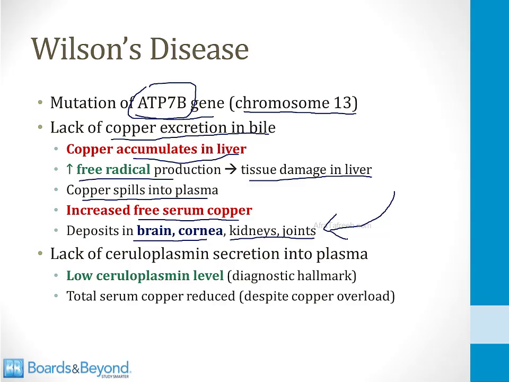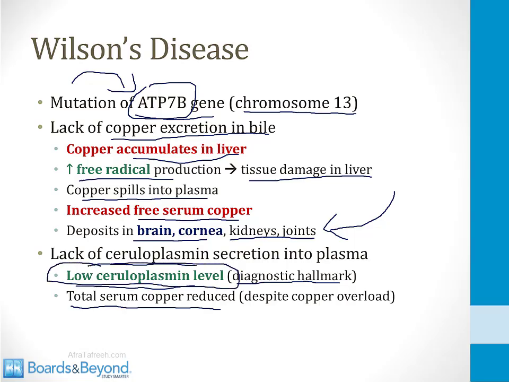In addition to problems excreting copper, there will be a lack of ceruloplasmin in the plasma, and a low ceruloplasmin level is a diagnostic hallmark of Wilson's disease. This occurs because, again, you do not have that functioning protein ATP7B, which packages ceruloplasmin and copper and then excretes the ceruloplasmin into the serum. This leads to a quirk in blood testing, which is that the total serum copper level will actually be reduced. And that's because the ceruloplasmin level is so low, and normally ceruloplasmin carries much of the copper. There is, however, still an increase in free serum copper,